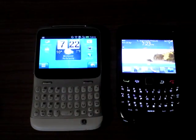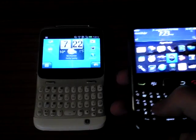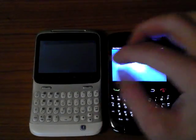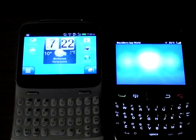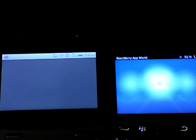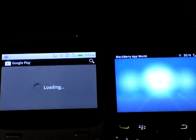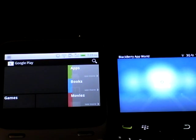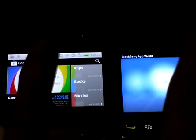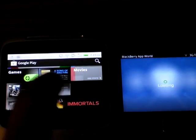So these are the two phones side by side. I do like the Blackberry. You got Blackberry App World, and then you got, no, I've just kicked up the wrong application, excuse me. And then you go here, you got the Play Store. Don't know if they'll load depending on how good my Wi-Fi signal is in my bedroom. The Wi-Fi seems to be working better on the HTC than it does on the Blackberry, because they've both got the same signal, but the Blackberry will not load the App World upstairs, but the Android store's loaded no problem